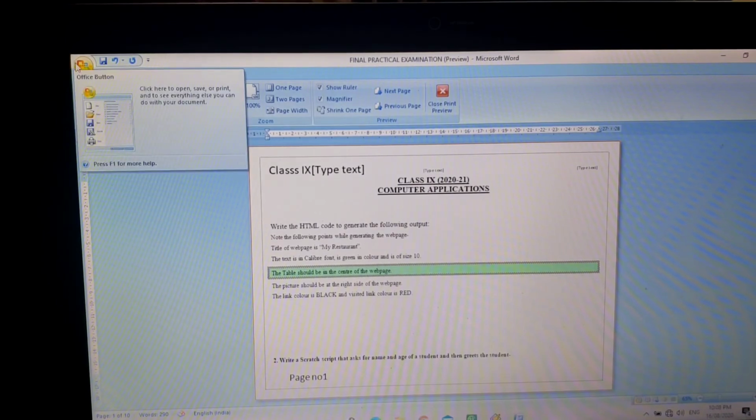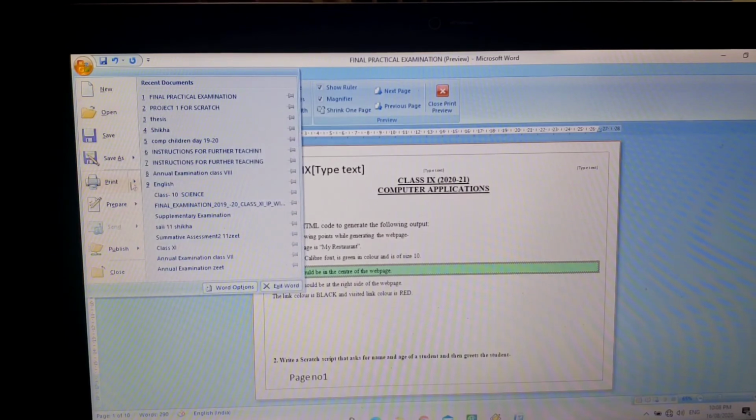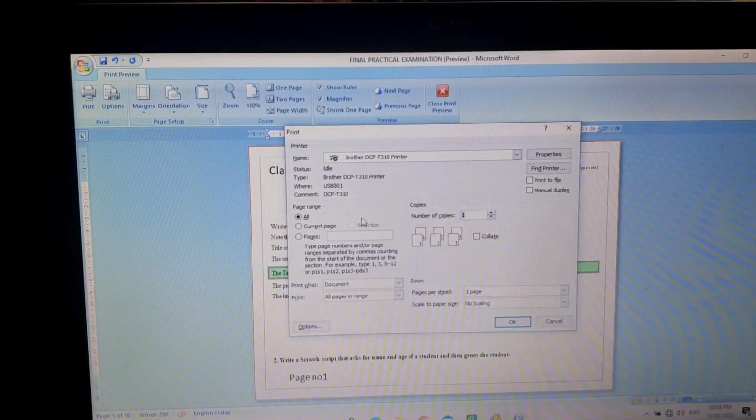And similarly, if you want to have the printout, you can directly choose this print option from here, or you can come to this home button and here also you can have the print option. So this is how you can preview as well as print your page. See here, printing options are coming. This is your printer. So whatever printer is attached to it, that particular printer will appear here, and then when you click on the OK button, you are able to print your document.